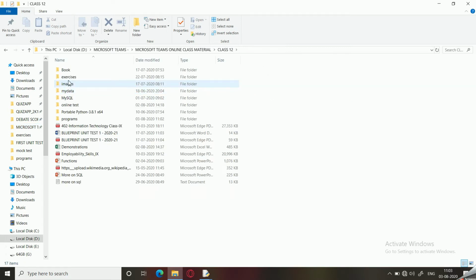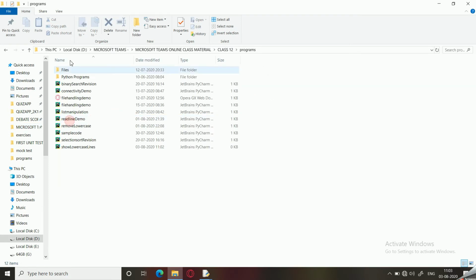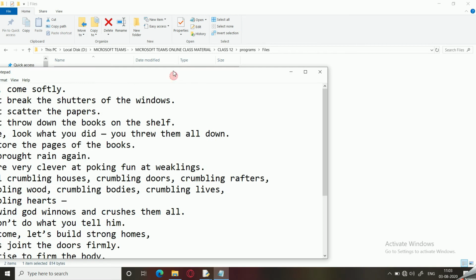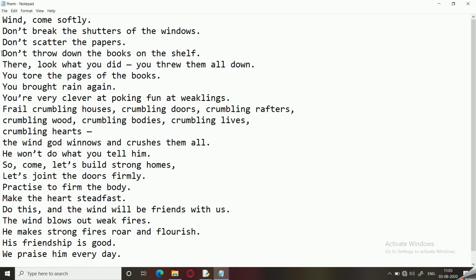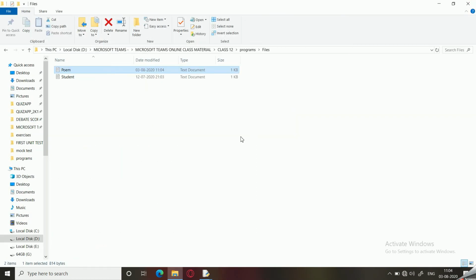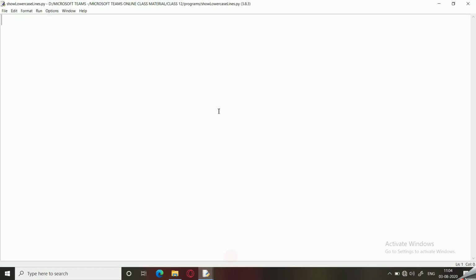So I'll be going to that folder, and here we have the file. And what I'm going to do is I'm going to change certain lines to lowercase. So I have changed certain lines to lowercase, and my program is going to display only those lines which start with a lowercase letter. So let us see that.